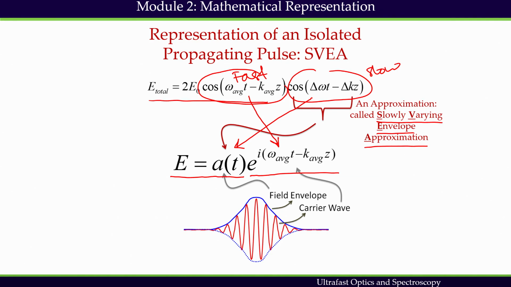This representation of an isolated propagating pulse is valid only when the period of the field envelope A(t), so this is the field envelope A(t), is represented by A(t). It looks like a Gaussian function, so one can think of A(t) equals e to the power minus t square, a Gaussian function. That is possible. So this SVEA, slowly varying envelope approximation, is valid only when the period of the field envelope, that is the characteristic time over which the variation of A(t) occurs, and the period of the carrier wave, this part representing the carrier wave, which is represented by this oscillation,